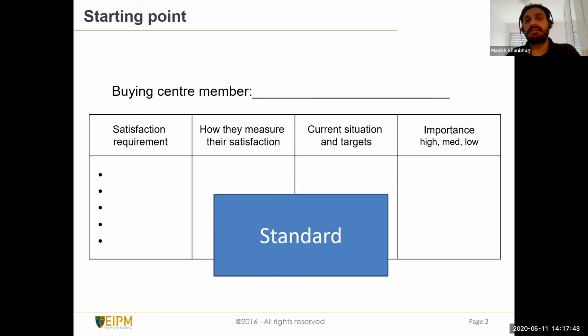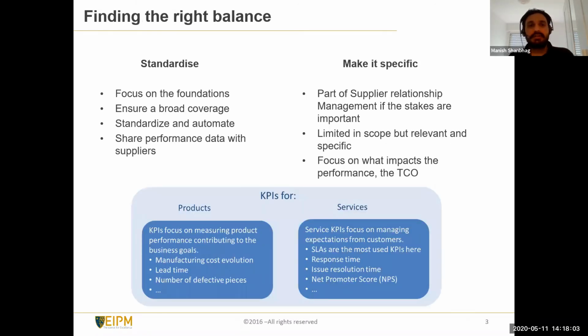Even though we didn't take action out of it, we had to just report, but it was necessary for the industry. So there could be some KPIs like this as well. But largely speaking, make sure that the stakeholder requirements are definitely in line with what you're measuring. That's the key part. We need to find the right balance, and of course, some of you are handling products, some of you are handling services. The KPIs for them are going to be slightly different.